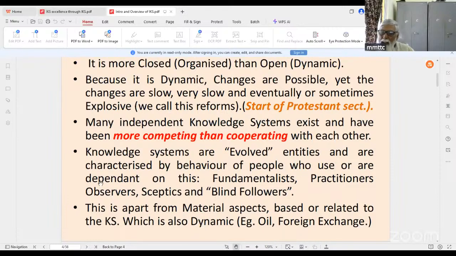Same thing with foreign exchange. Why is the Indian government keeping some 500 odd billion dollars of American dollars with us? It has no value for us. So it is like a blocked asset. Okay, that could have funded all our education, healthcare free. But why is it we are keeping it? Suddenly it has become an important entity. Okay. So now and in future, more and more material aspects will start dominating how the knowledge system works and